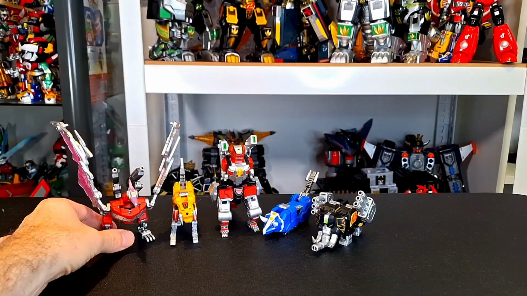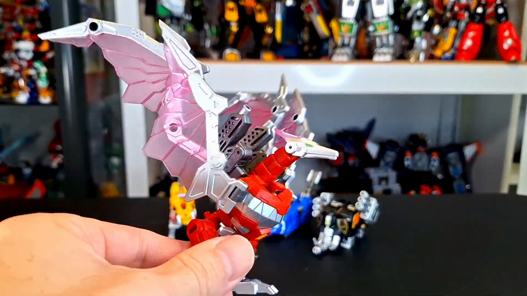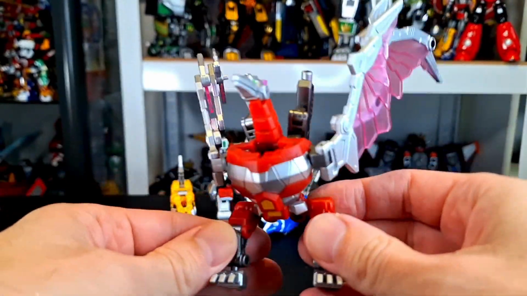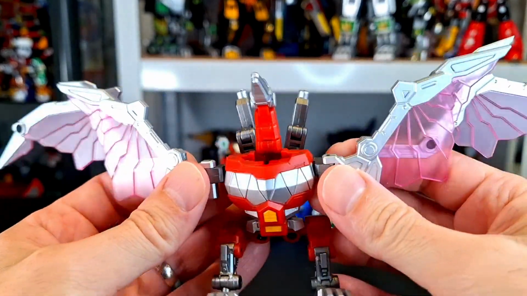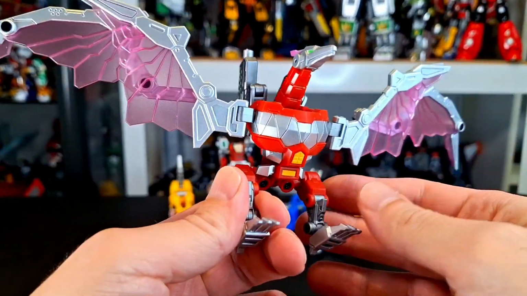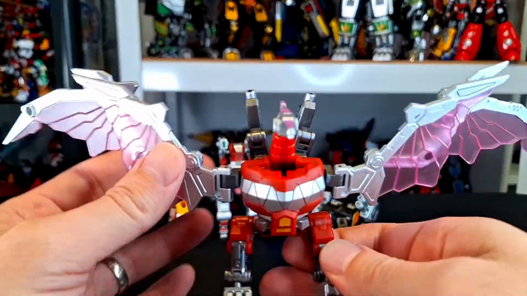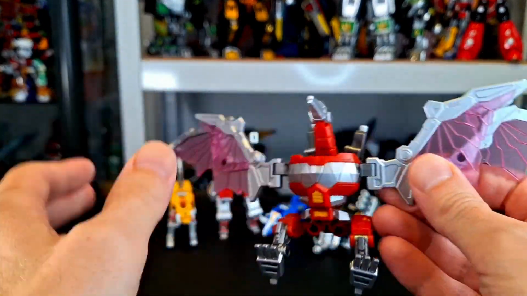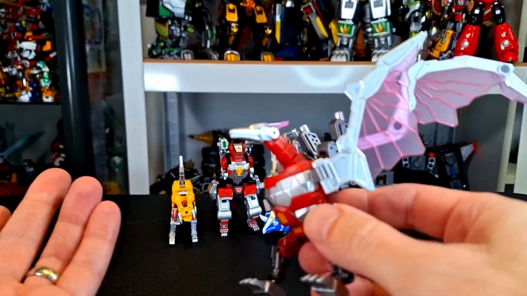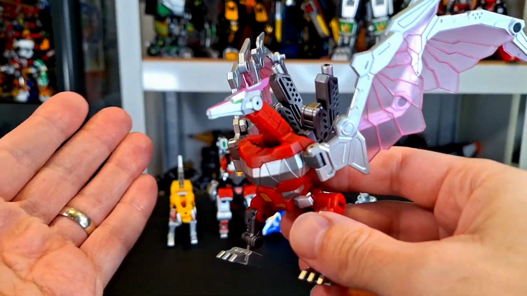Okay, so let's get to the Zords. And we're going to get to the pterodactyl in the room, the elephant in the room, and show you, yes, this is the biggest difference here, the pterodactyl. But you got options here, and I'm going to show you that in a second. But first off, you do have this newfangled pterodactyl thing that is reminiscent of